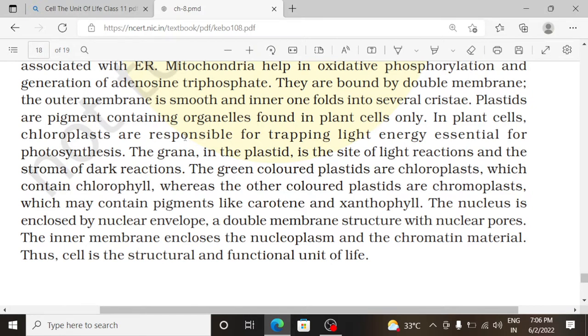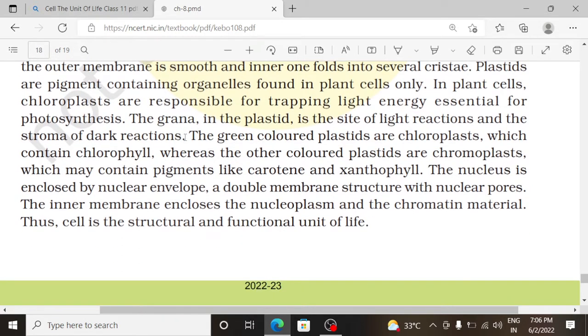Plastids are pigment containing organelles found in plant cells only. In plant cells, chloroplasts are responsible for trapping light energy essential for photosynthesis. The grana in the plastid is the site of light reactions and the stroma of dark reactions. The green colored plastids are chloroplasts, which contain chlorophyll, whereas the other colored plastids are chromoplasts, which contain pigments like